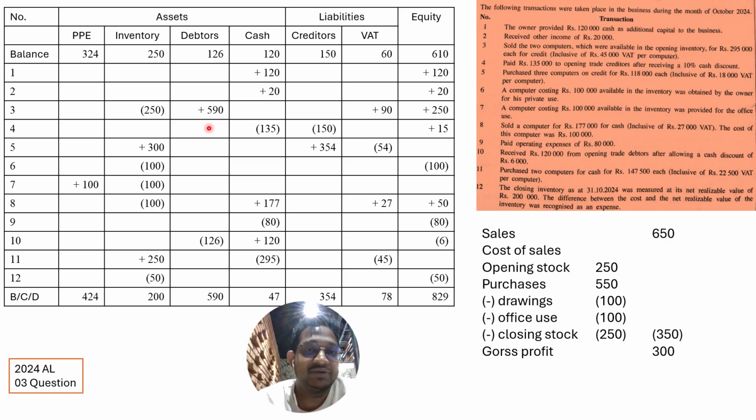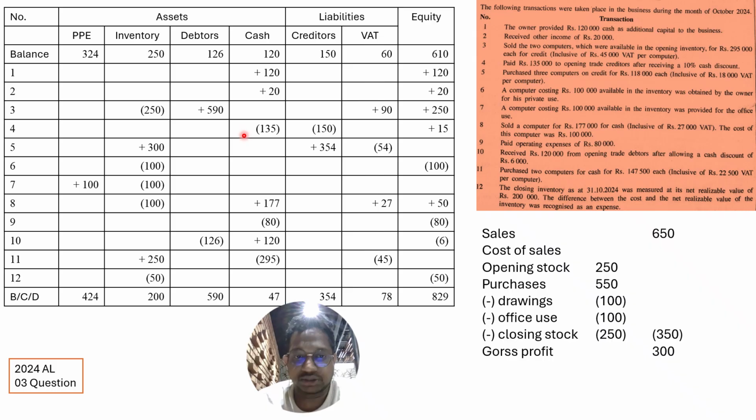So the debtors' value is 590, which means the credit sales total value. But after excluding VAT, your net sales value is 500. So what you are doing here is selling 250 worth of inventory for 500, and from that you are getting a profit of 250, and that profit you should add to the equity. And the VAT collected from that sale you should add to the VAT liabilities. Fourth one,